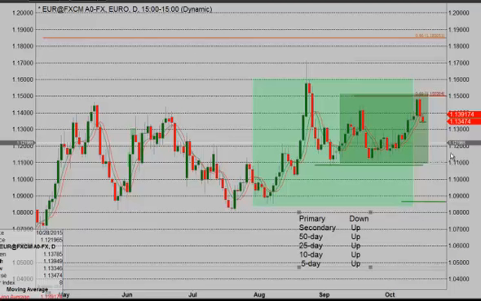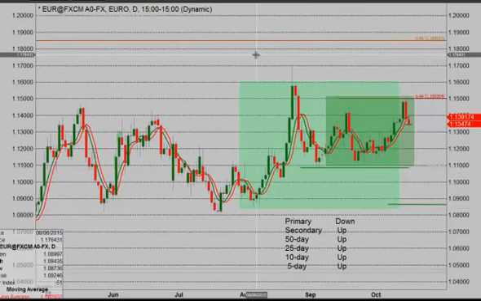On the other hand, if momentum doesn't shift, if you start closing below that level, we'll just back out and wait for a little bit longer term, probably a 10-day pattern line, to hold.